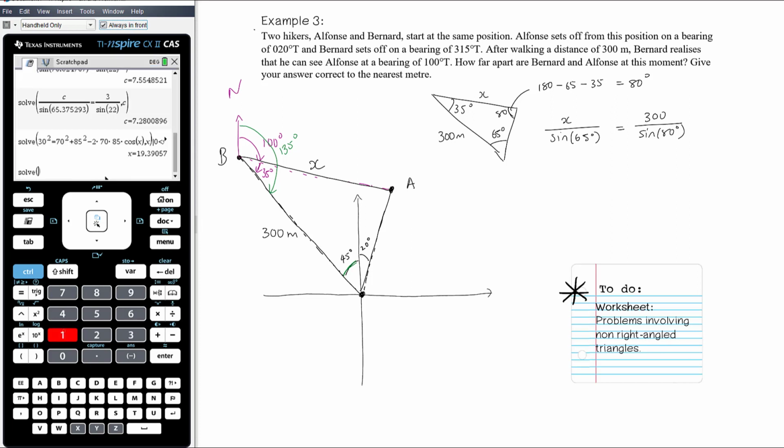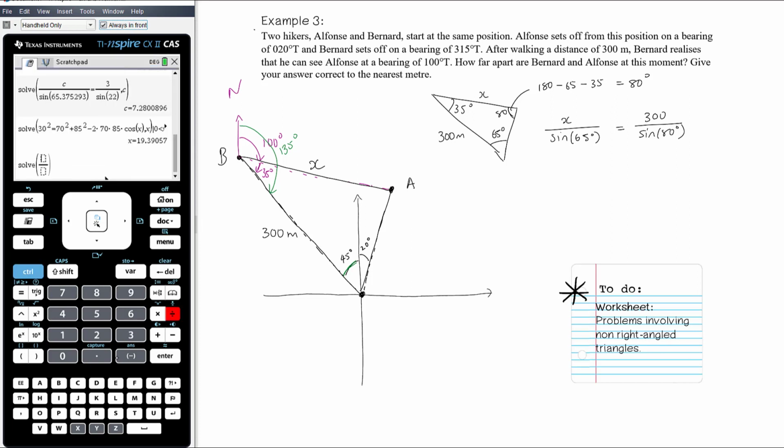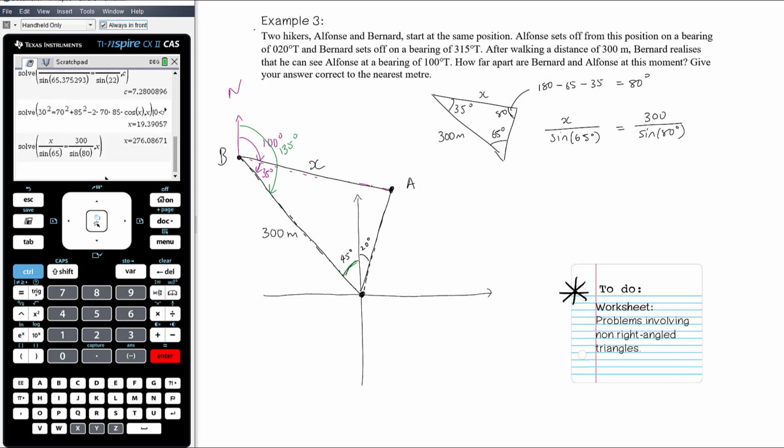Menu 3.1, solve x over sine 65 equals 300 over sine of 80, comma x. It's not an angle, it's just a length, so we don't need a restriction. Control Enter. X is approximately, we want our answer to the nearest metre,